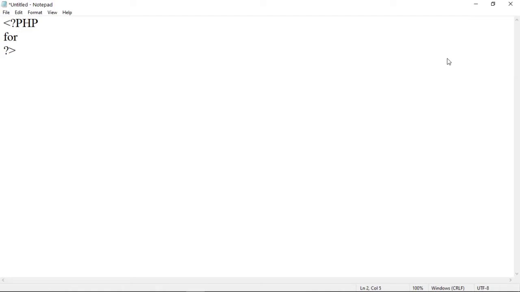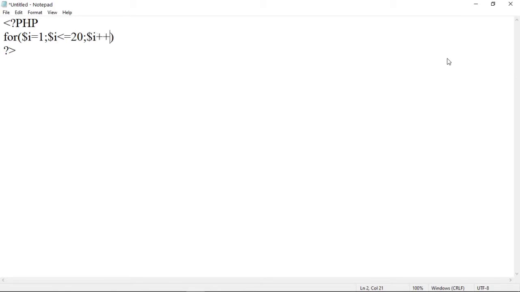Suppose for, in brackets, let us initialize the variable, so $i equal to 1, then specify the condition: $i less than or equal to 20, then a semicolon, after that $i plus plus.